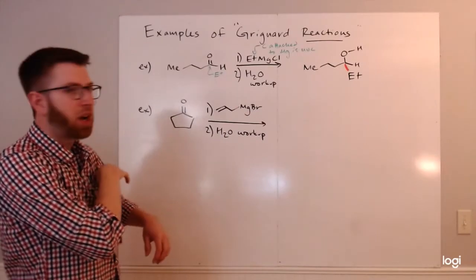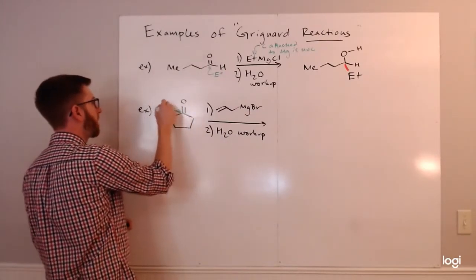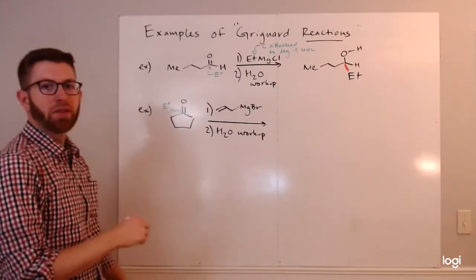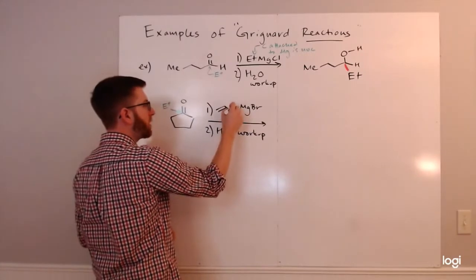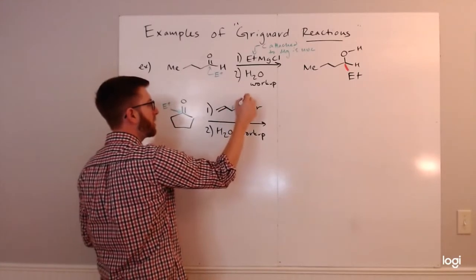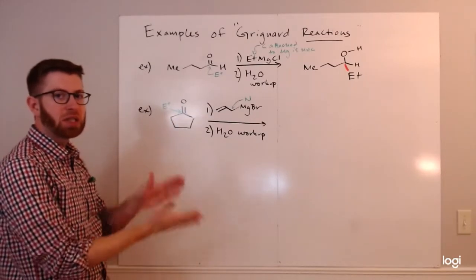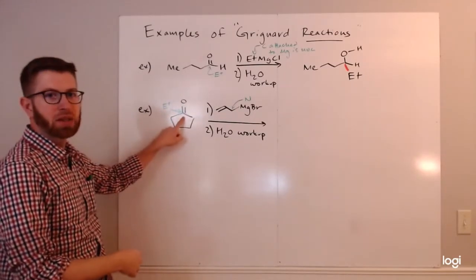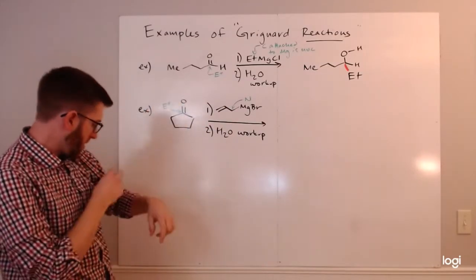So just like before, I want to identify the electrophilic site. This is going to be my carbonyl. And my nucleophilic site, now I have the whole structure of the Grignard reagent, so I'm going to find specifically that it's this carbon here that's nucleophilic. So in the product, I'm going to have to attach what I've labeled as E plus to what I've labeled as N. And I'm going to have to do that by breaking a CO pi bond, but that means that